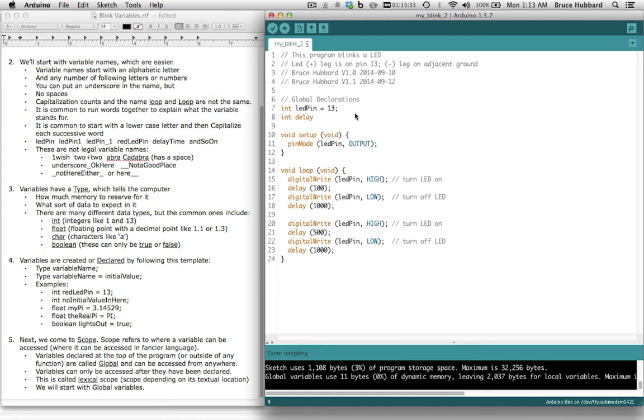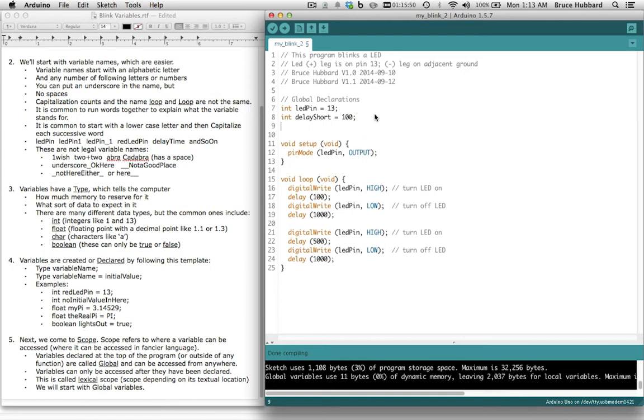But I could say, let's make something up, delay short, and delay short, it's not red any longer, so I get to use it, equals, what's my small number? 100 milliseconds. And I'll make another one, int, delay medium,